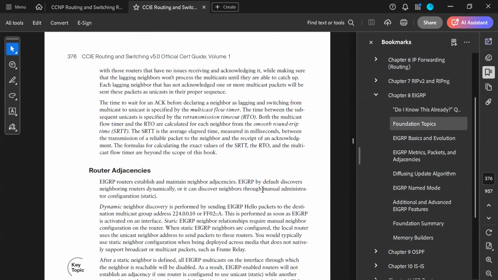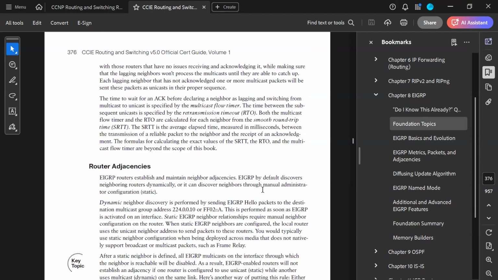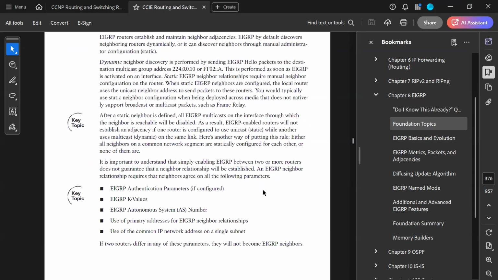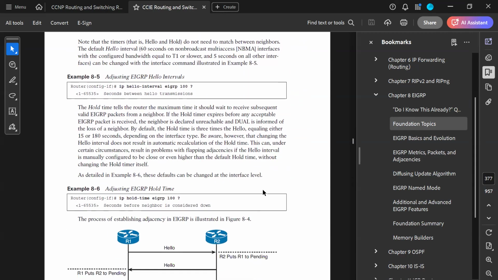Sir, the fifth point, if passive interface should not be enabled means. I'll tell you about passive interface first. What I'm trying to show you here is